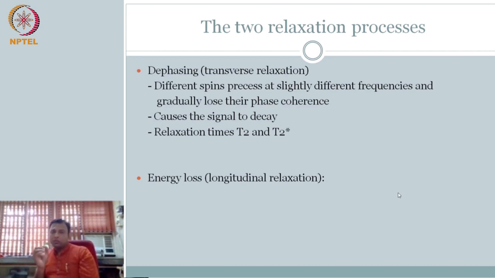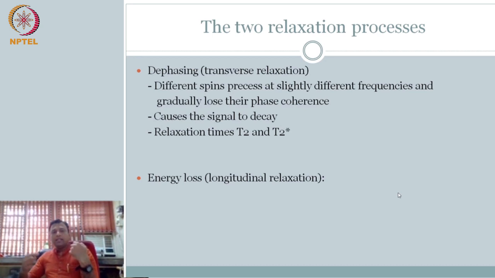So what happens with a slight difference? Some are precessing somewhat more, the neighbor will be precessing somewhat less, and therefore they are not exactly the same value. So the moment the external excitation is off, the small differences start to make them fall apart. They were all one. Now they are falling apart because of small differences, and with time, the difference will become bigger and bigger. So that is the natural law.